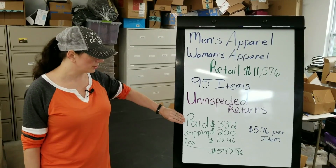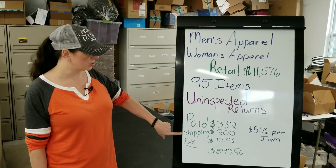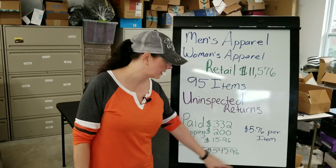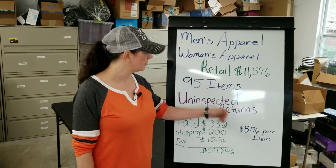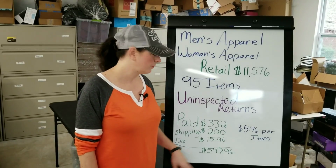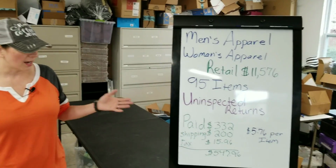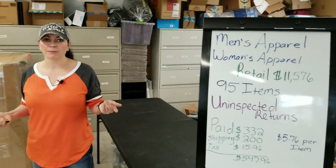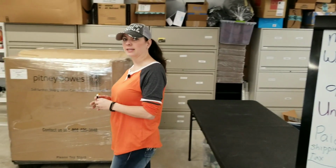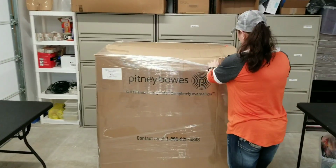I paid $332 for it. Shipping on a pallet from bulk.com is always $200. Tax was $15.96 for a total of $547.96, which makes each of the 95 items in here $5.76 per item. And so I definitely think that whatever I find in here is probably going to be worth more than $5.76, but let's see what kind of condition it's in,